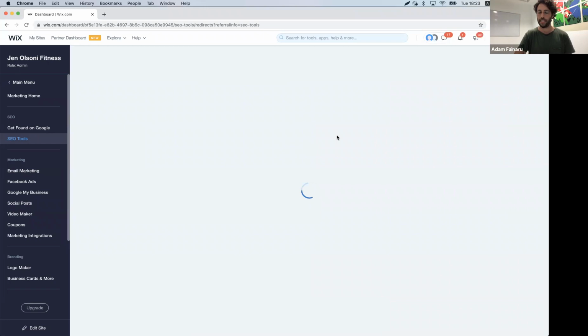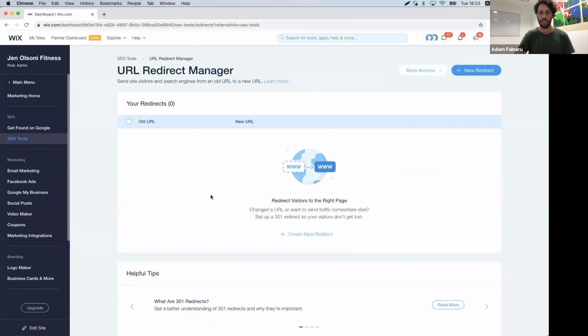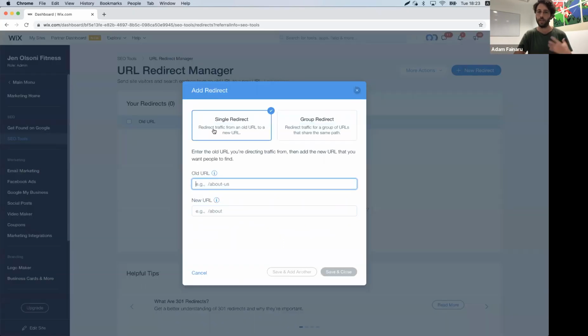And when I go to the redirect manager, this is the empty state, and I have a few options. So let's start with the most basic one. I'm going to add a single redirect, right? And I'm going to add a redirect from free